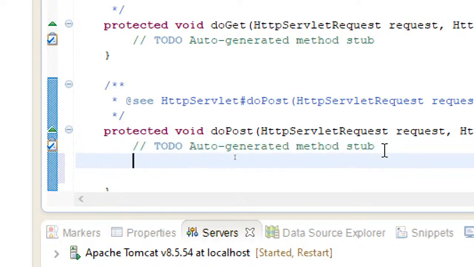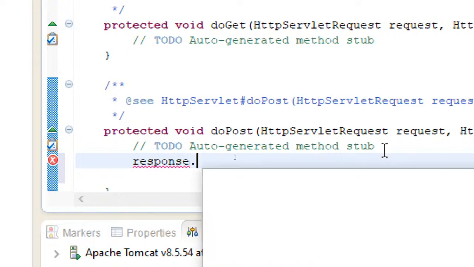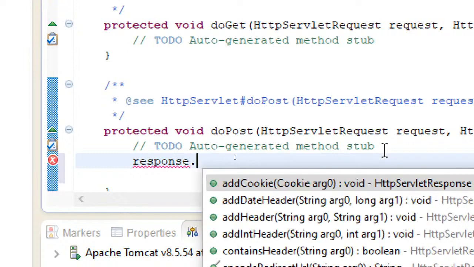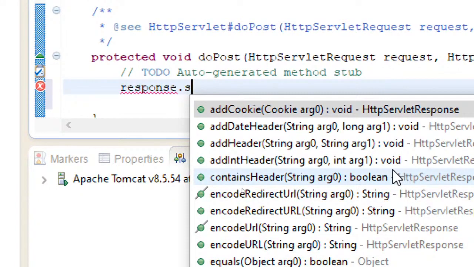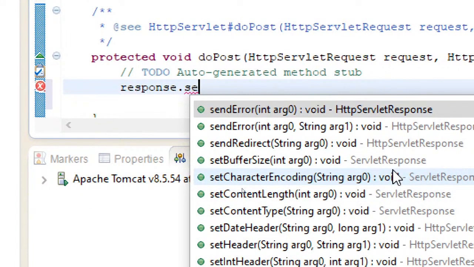Now for that, what we have to do is, first we need to set the type of response you are going to provide. So here you can see when I am giving response dot, we know this IDE is providing me the information. So just go for setContentType.